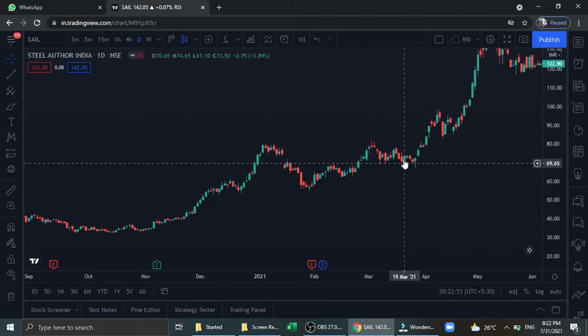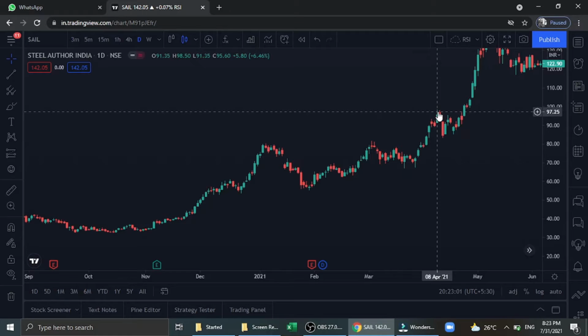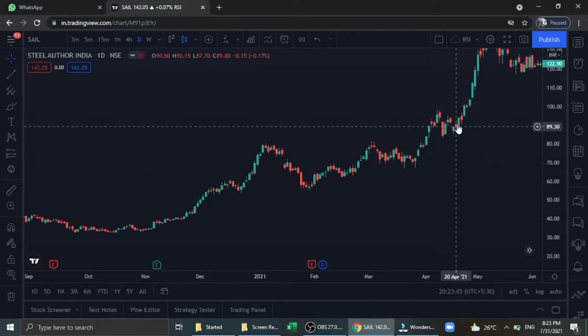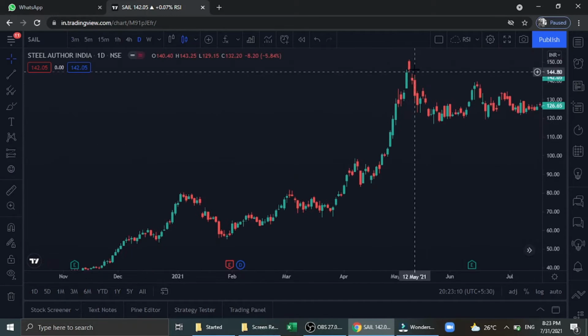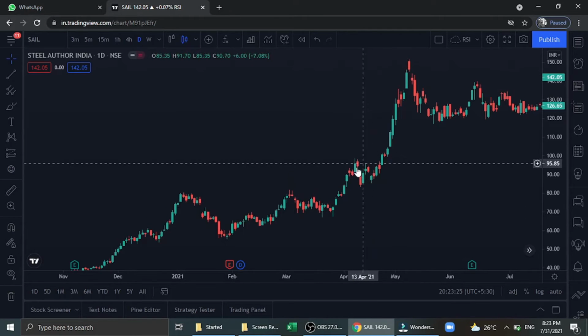momentum. Again, if you understand, from here to here it is completely stagnant. Again, from here to here it is aggressive momentum. Again, from here to here it is again small reversal or stagnant. From here to here it is aggressive momentum. Other name of this slow momentum you call consolidation.